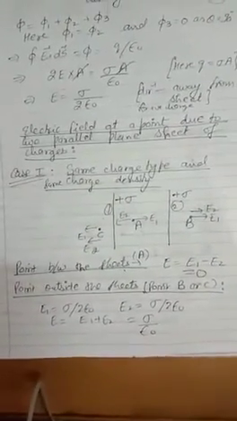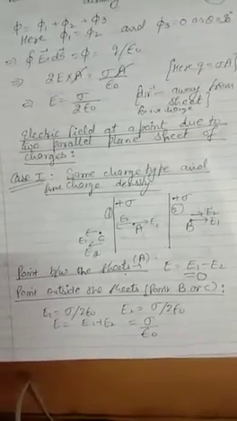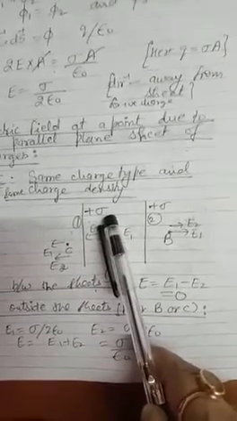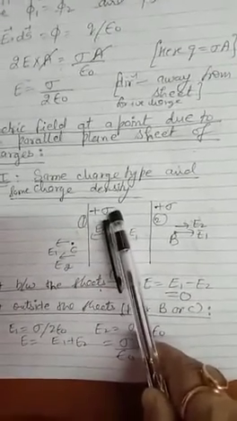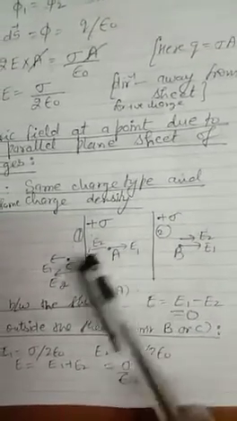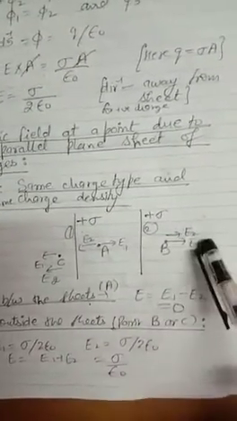Students, now we will take some applications based on the electric field at a point due to a straight wire of infinite length having uniform linear charge density, or you can say the plane sheet of charge. Say for example we have two parallel plane sheets of charge, and the surface charge density for both sheets is the same, sigma, and the type of charge is also the same. Say we have to calculate the electric field at points A, B and C, meaning the point between the sheets and points on the outside part of the sheets.